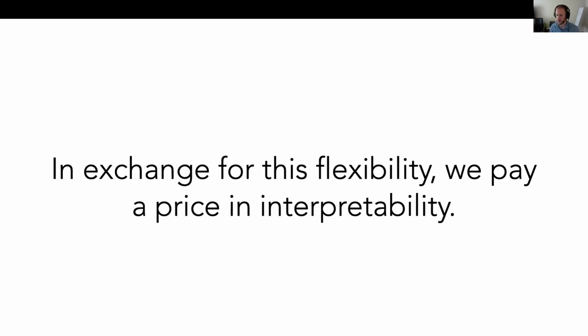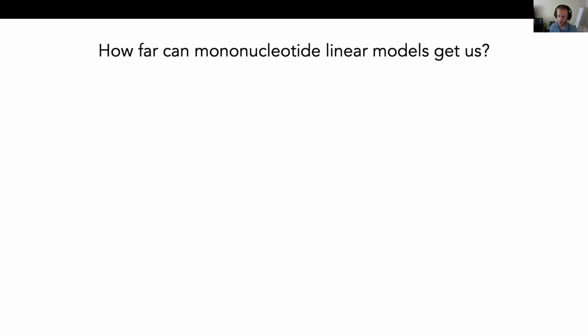So we're not able to have that nice little motif anymore where we can say, okay, these are the contributions to binding. And so we were looking for a way around that, and we wanted to take a look at how well each of the existing models that were based on principled biophysical approaches can explain what's learned by the neural network models. So we basically wanted to ask, how far can a mononucleotide model, or that kind of binding motif model that I showed you in the very beginning, how far can that get us in explaining what the